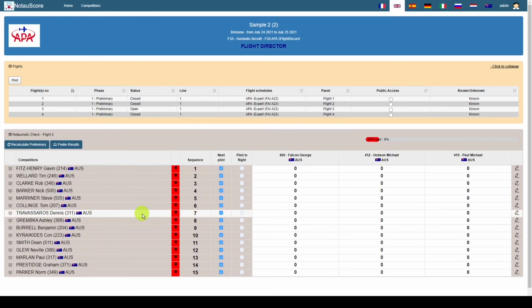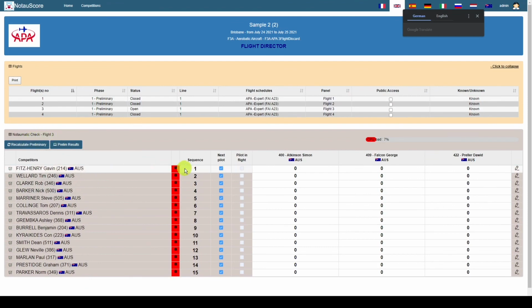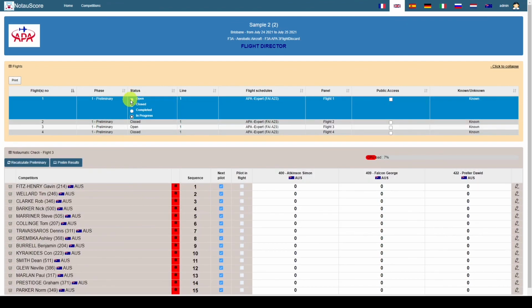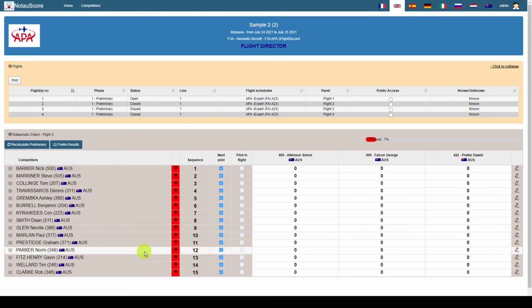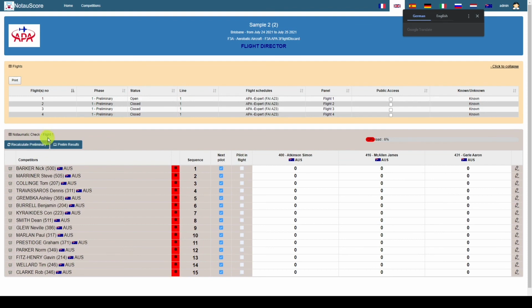I'll just open flight 3. The screen will refresh in a moment for me. I'll just press F9. There we go. Screen refreshes. You can see flight 3 is open. It's telling me my flight orders. So once your flight is open, it is now ready to receive scores from your automatic unit. And in this case, because flight 1 is open, when I switch on the automatic unit, it's going to receive the detail for the pilot 1, flight 1, competition ID 2.